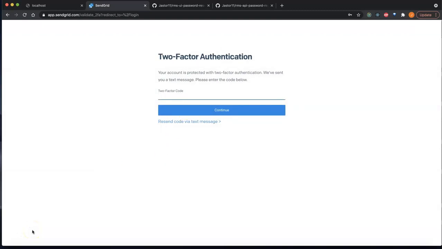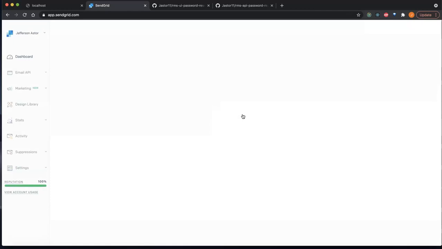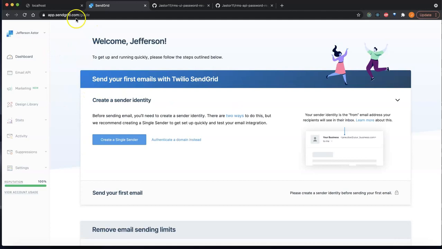In this case, I have two-factor authentication set up, so I will enter my two-factor authentication code. A decent approach when dealing with secure, sensitive applications is to make sure you have two-factor authentication set up, just so that you can mitigate the chance of unauthorized access by bad actors. And once you get to their page, you'll see something like this, which is their setup guide for sending your